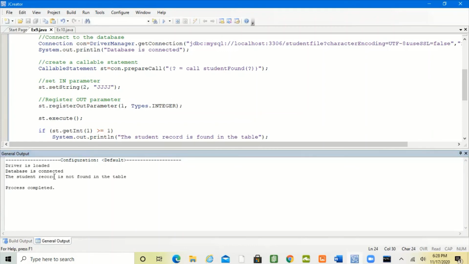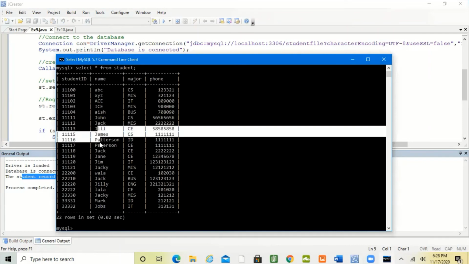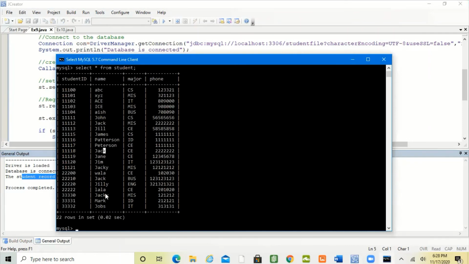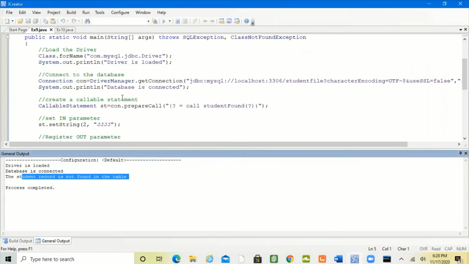You see, the student record is not found in the table because in the table we don't have any student with the name double J. It's not there. Okay, so this is about the callable statement. The callable statement is used to execute the SQL stored procedure. Remember, an SQL stored procedure can be executed using the callable statement.